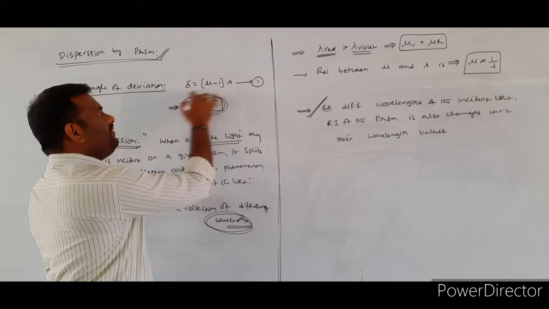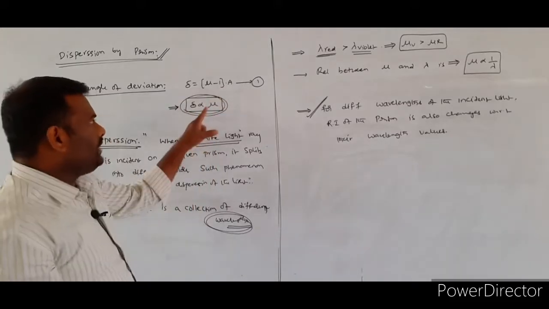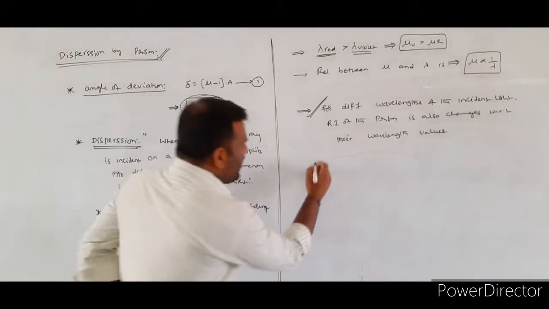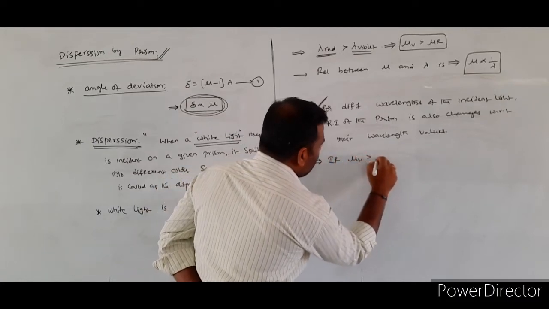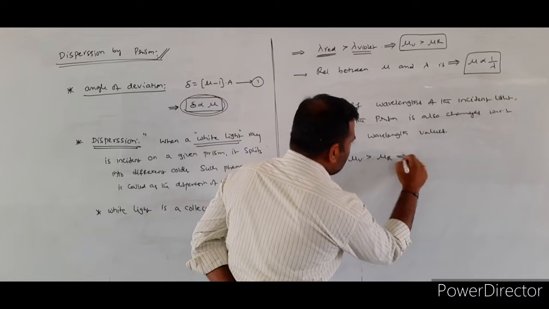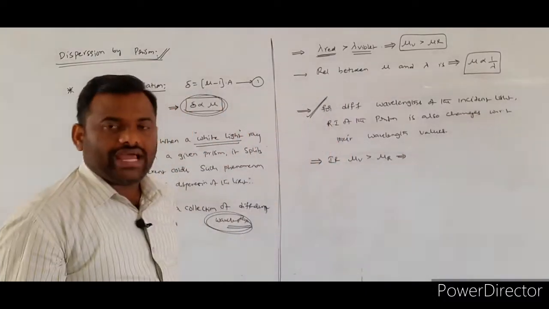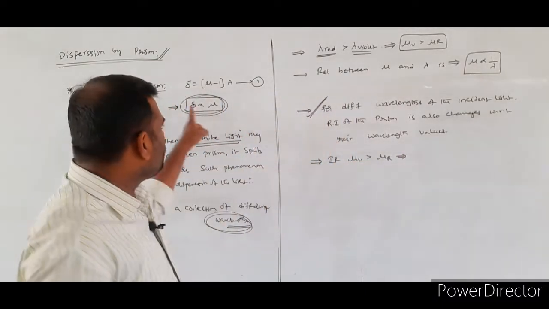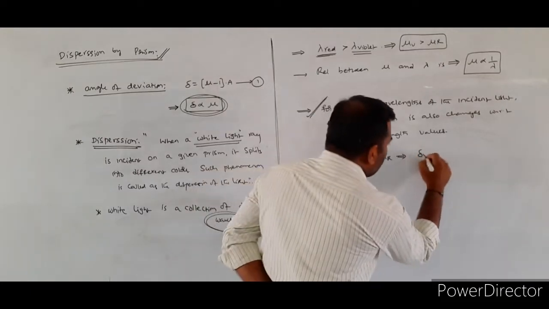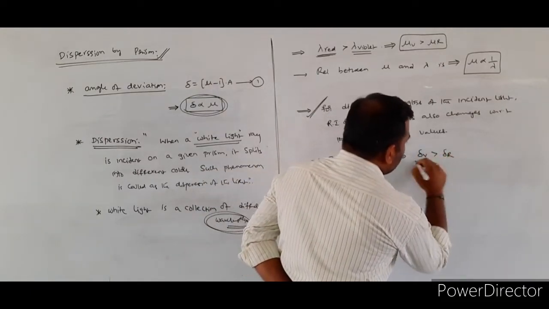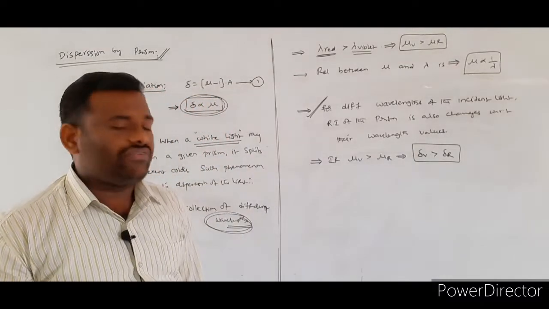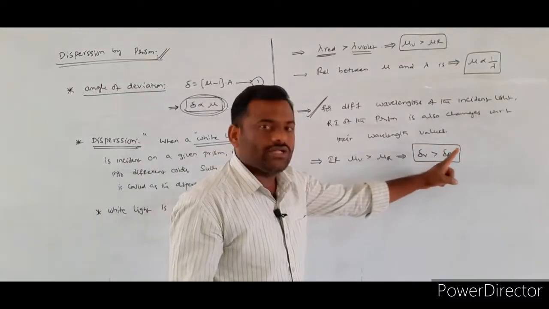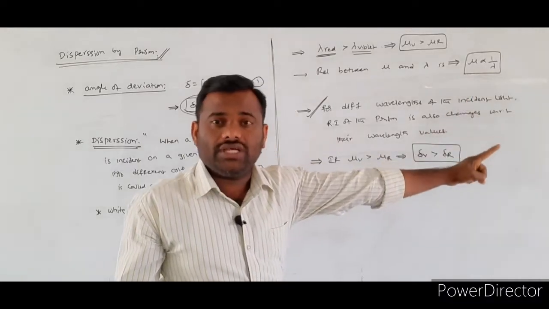The angle of deviation is directly proportional to the refractive index, so if the refractive index of the violet is greater than that of the red color, the angle of deviation of the violet color is also greater than the angle of deviation of the red